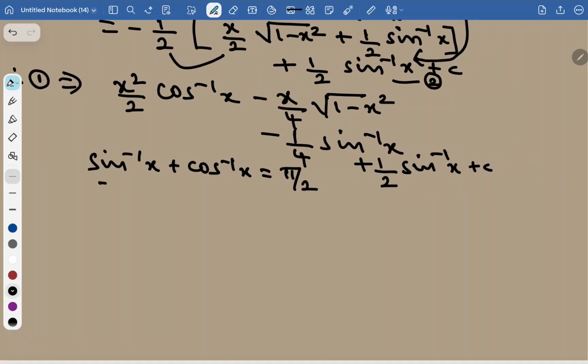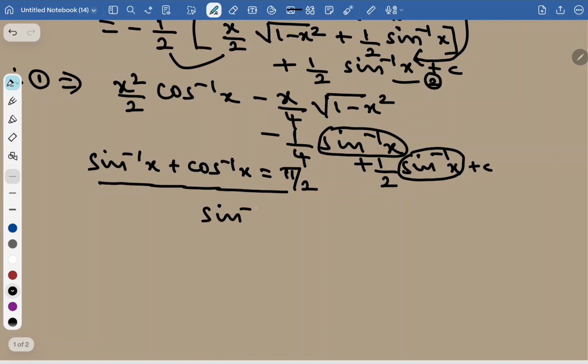From the inverse trigonometry function chapter, we know very well one formula: sine inverse of x plus cos inverse of x equal to pi by 2. I am going to replace this sine inverse of x and this sine inverse of x in terms of cos inverse of x. Therefore, sine inverse of x equal to pi by 2 minus cos inverse of x,